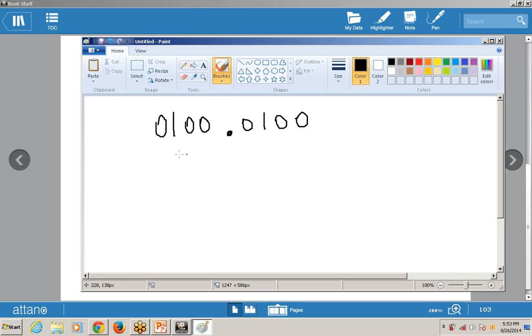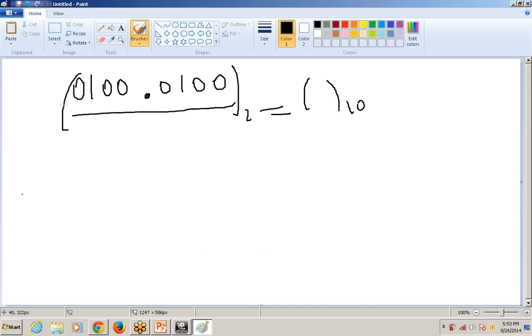So first of all, convert it into which form? Decimal form, right? So first of all, take only the integer value. Here this side I am using